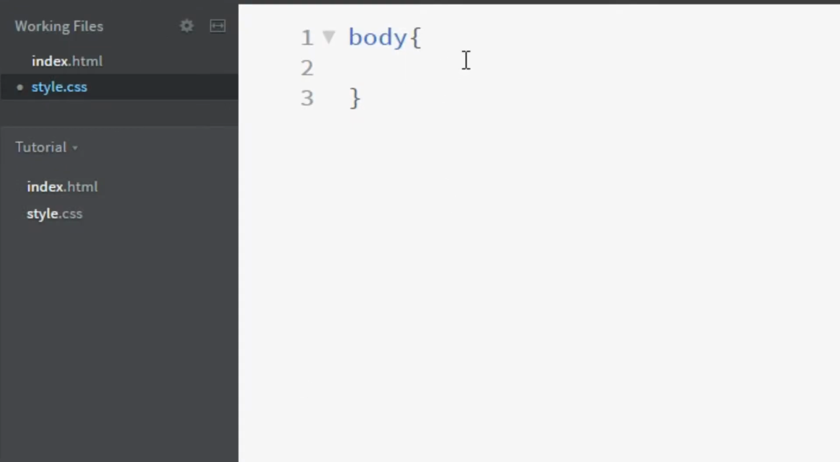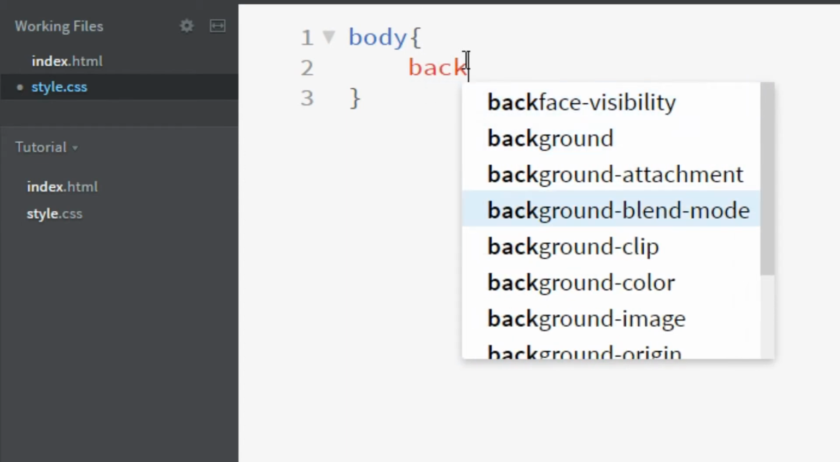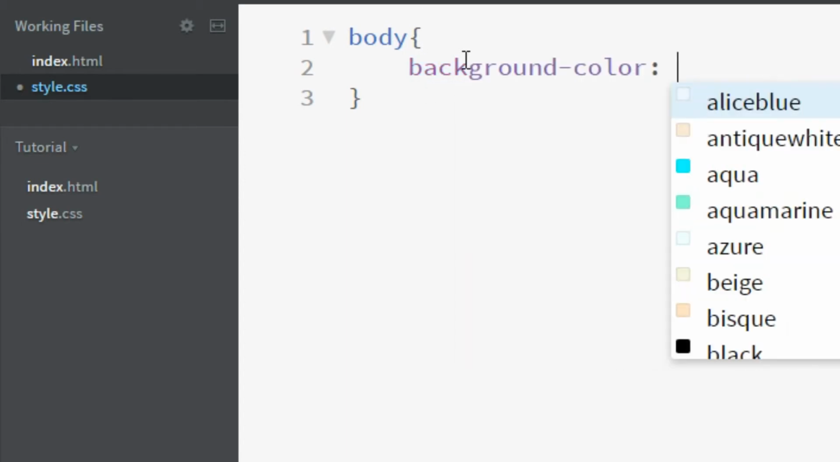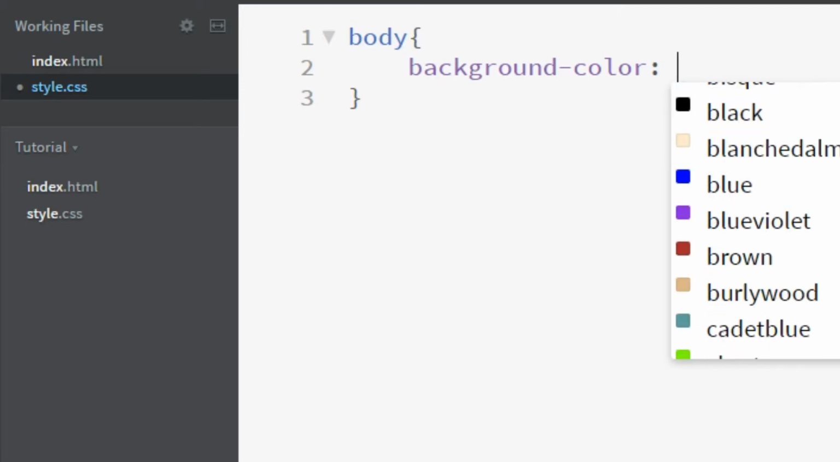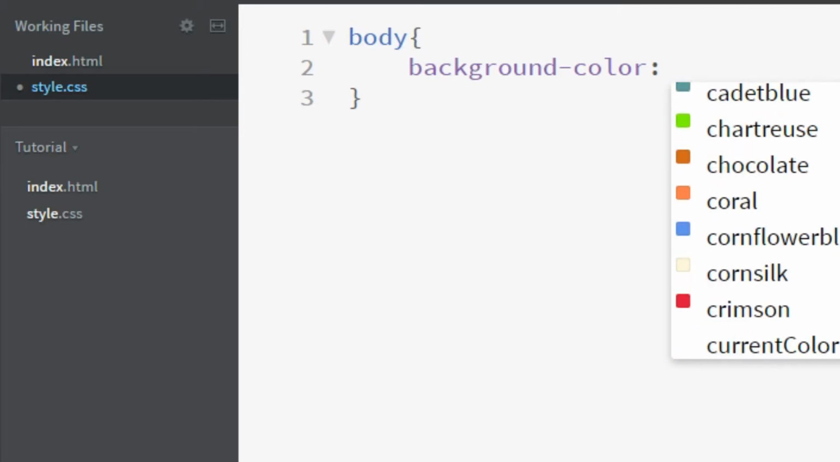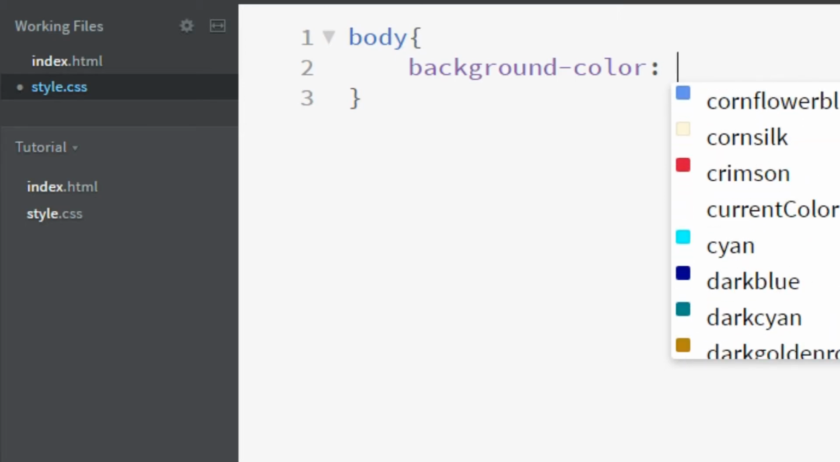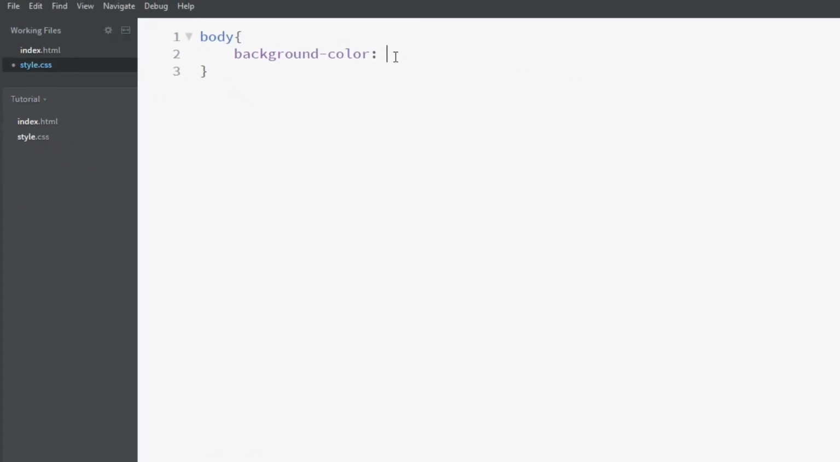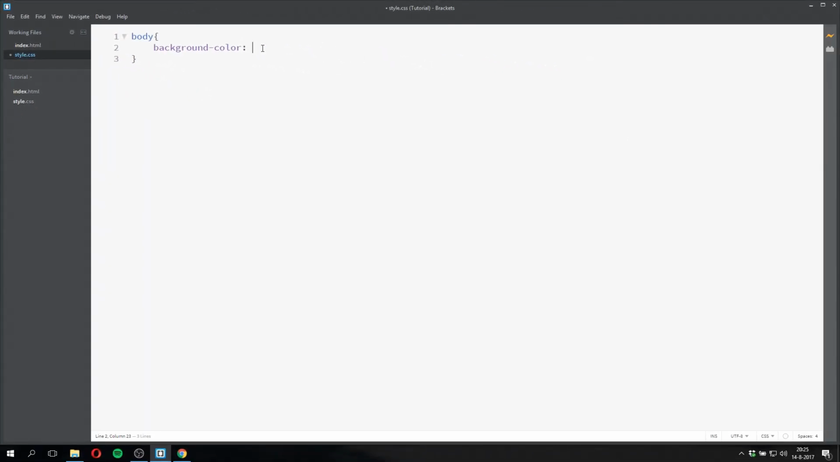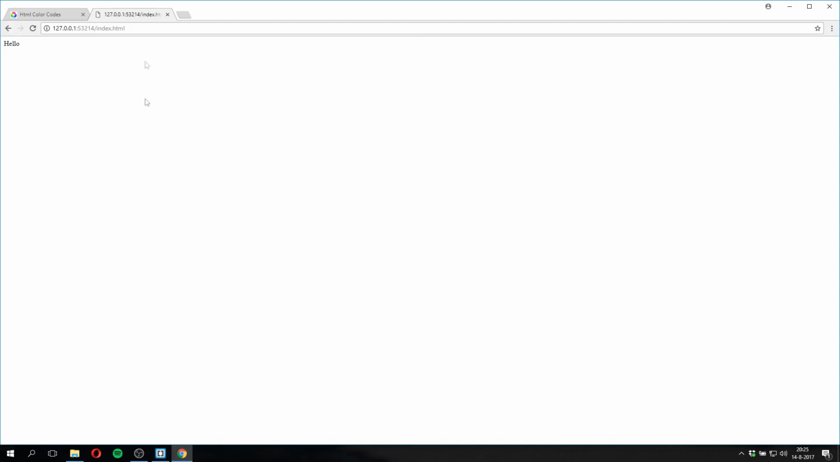So we now have this. So let's say we want to give it a different background color. So how do we do that? Well, just type in background color. So just like this. And you get a lot of different options. So you can choose any color you want, but I do not suggest taking one of these colors. I suggest you go to a website called